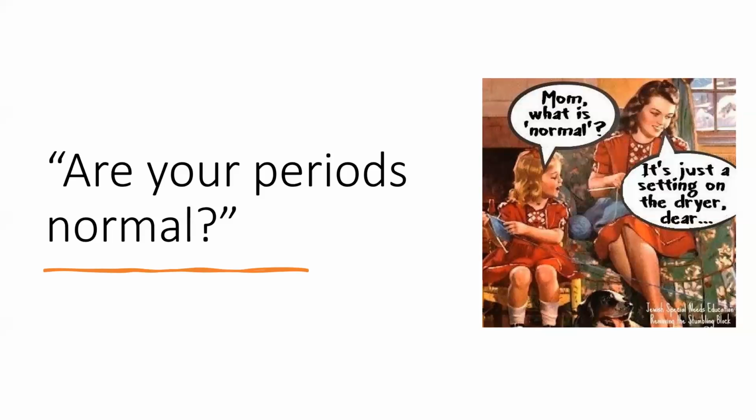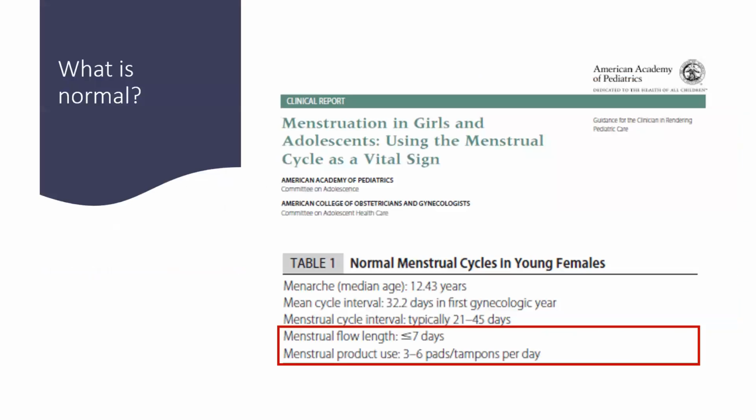The most likely answer is going to be yes, because she's going to say it's how they've always been, and her mother and her sister and everybody had it like that. However, we need to ask ourselves, what is normal? So the American College of Obs and Gynae defines a normal menstruation as a menstruation of less than 7 days